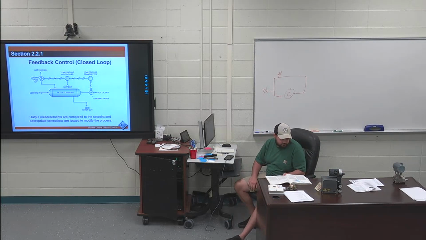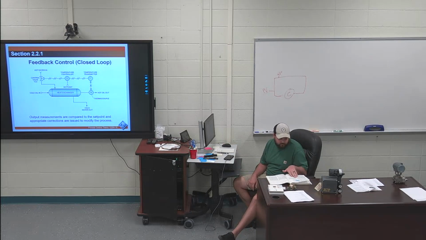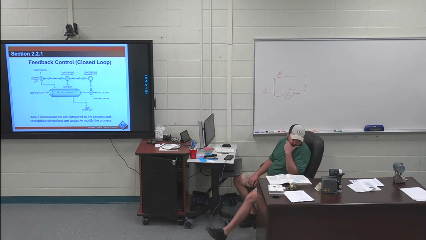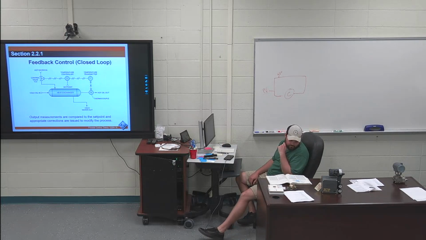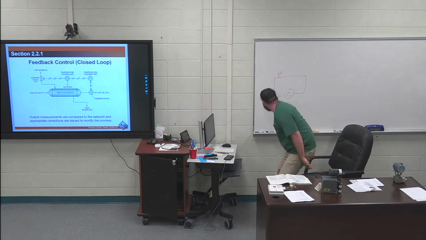Page 18. And still talking about performance. The second paragraph on page 18, last sentence. The tendency for increasing amplitude oscillations can be a major limitation of closed loop control. So essentially what that's saying is,